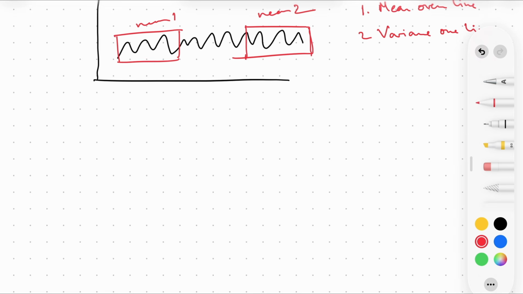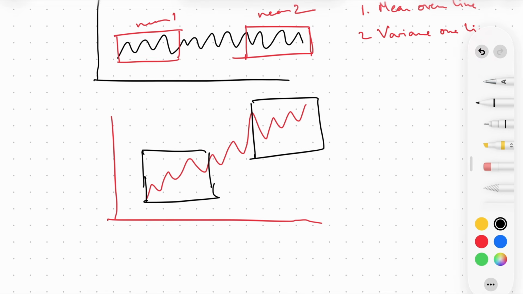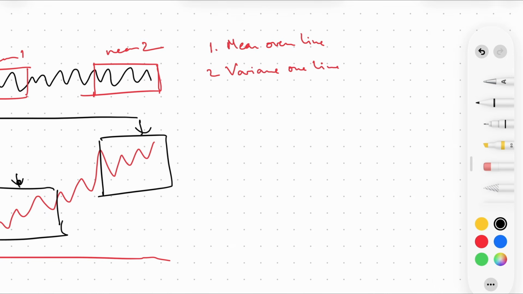Now let's look at an example of a non-stationary time series. Let's say we have a time series like this. If you pick two different time horizons, one is this block and the other is this block, you can clearly see that the mean of this block is less than this block. Hence, there is a change of mean over time, and hence we can consider this time series as non-stationary. Another way a non-stationary time series would look is in the form of seasonal change. That is how the mean changes over time, and that leads to whether the time series is stationary or not.